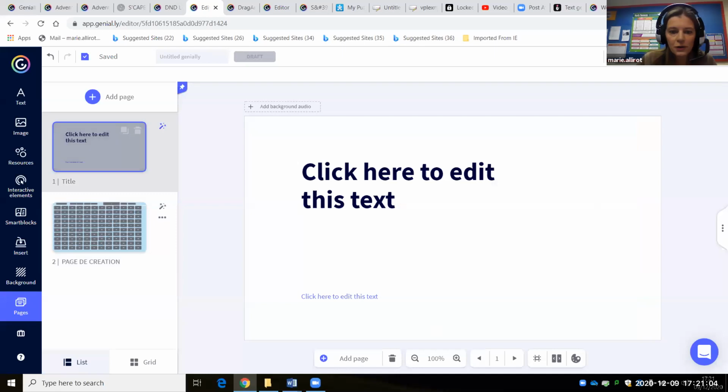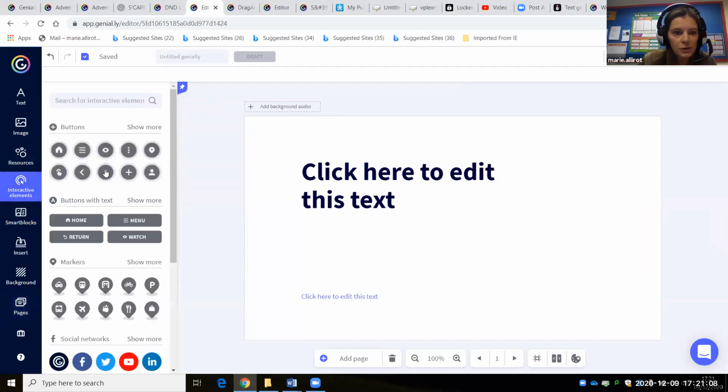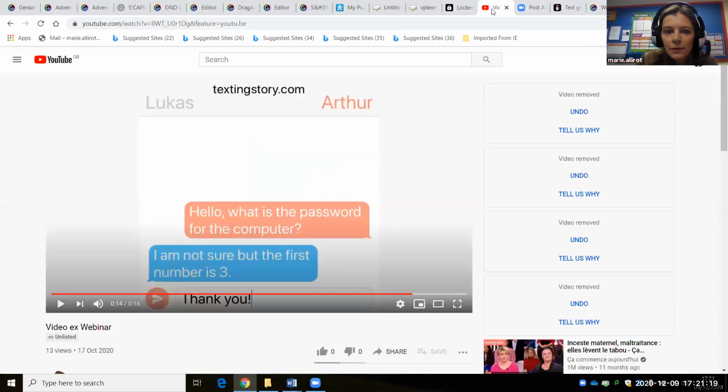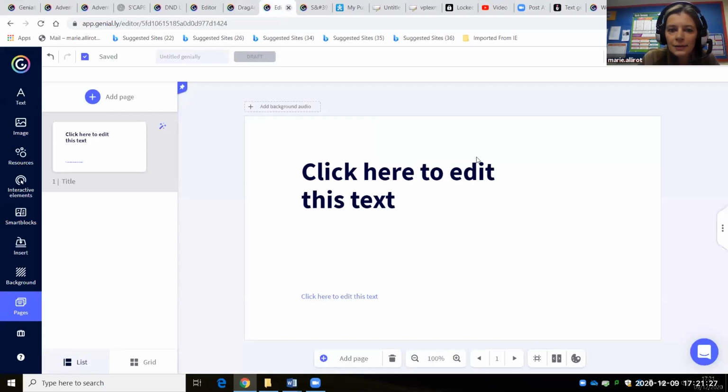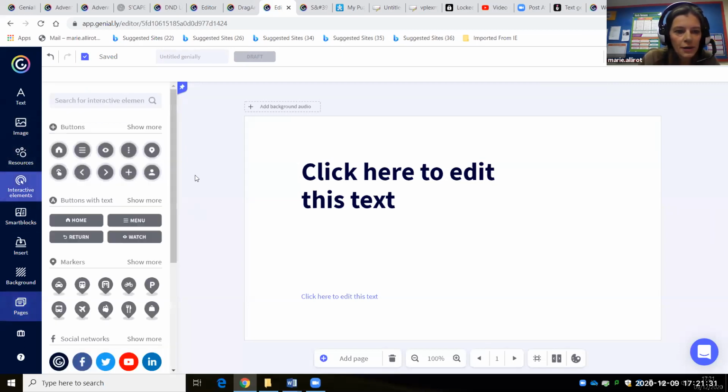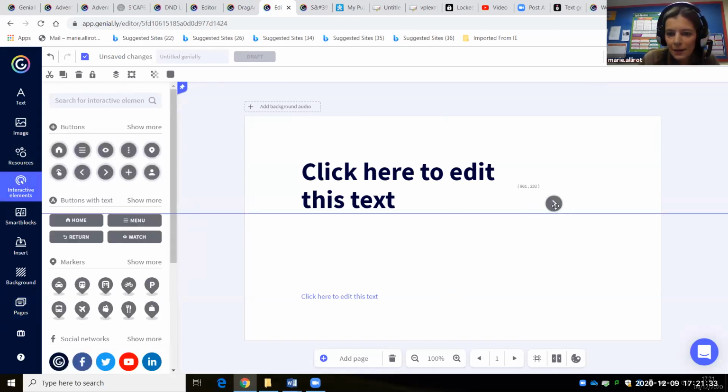So if I go there, for example, I can have my interactive element. So that's my interactive element, and I want the YouTube clip to play when I click on that. So for example, where's my YouTube clip? There it is. That's the YouTube clip I had. So I'm just copying the address, and I got lost with all my windows. So I'm just going to do it there.